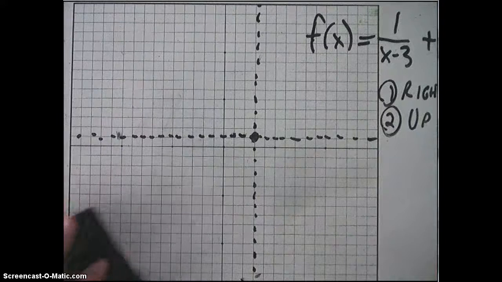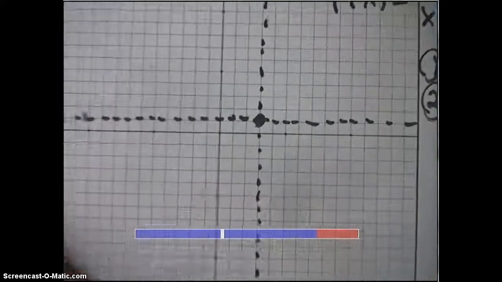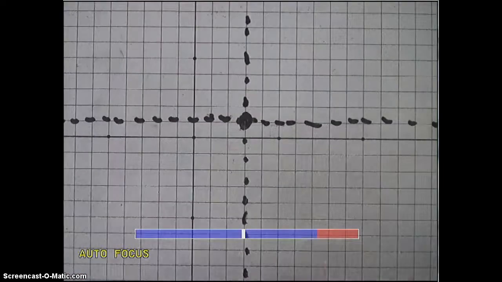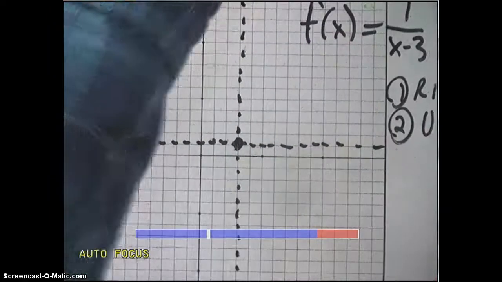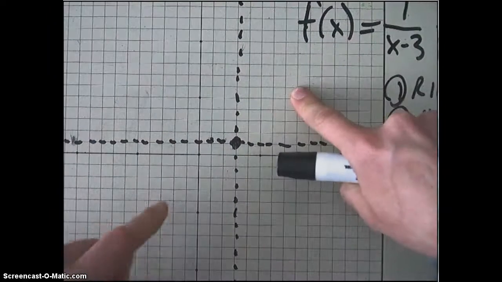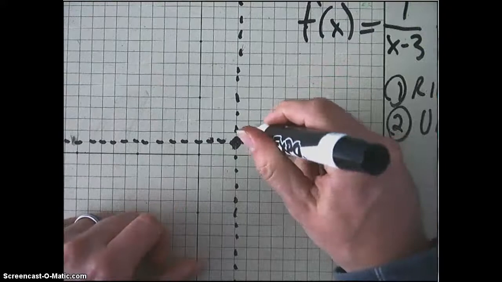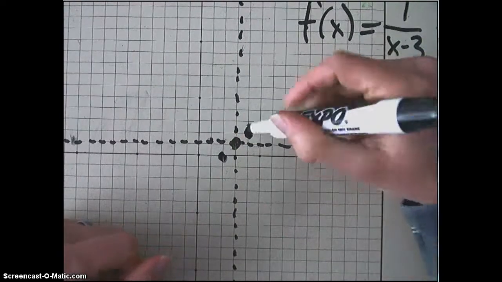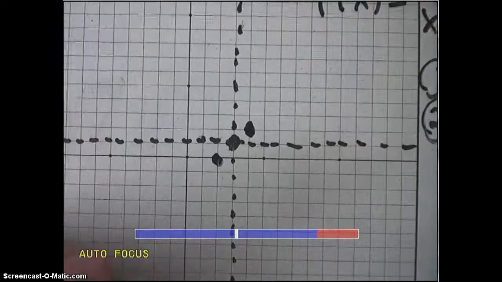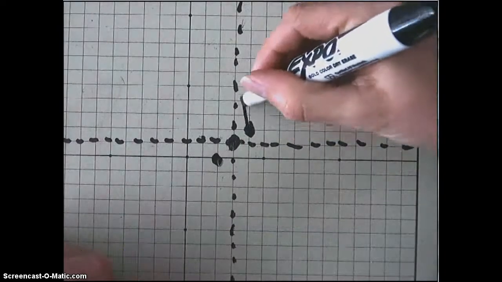So I've got my 2 asymptotes. Now from here, all you need to do is first identify which quadrants it belongs in. And this one belongs in quadrants 1 and 3. I'm going to put a dot here and a dot here. And then I simply need to draw this graph going in both directions asymptotically,